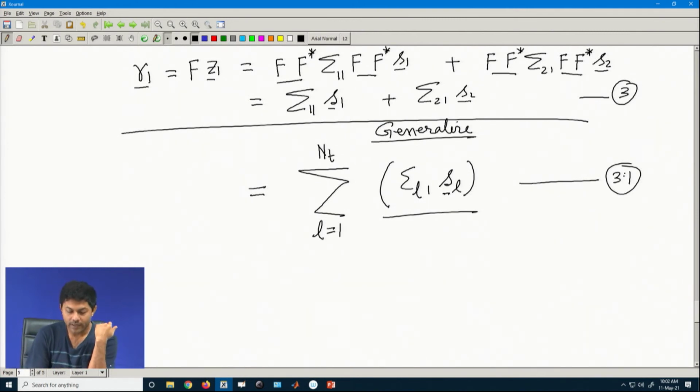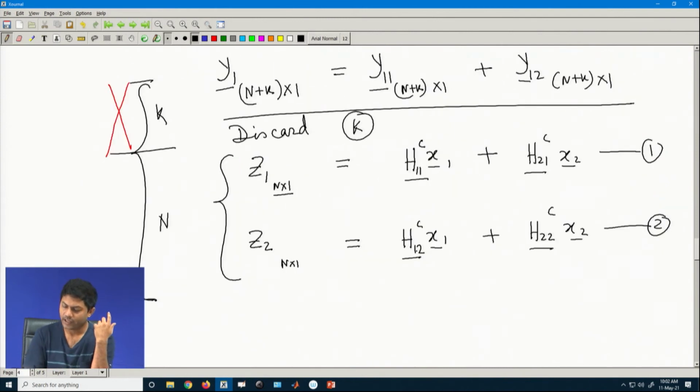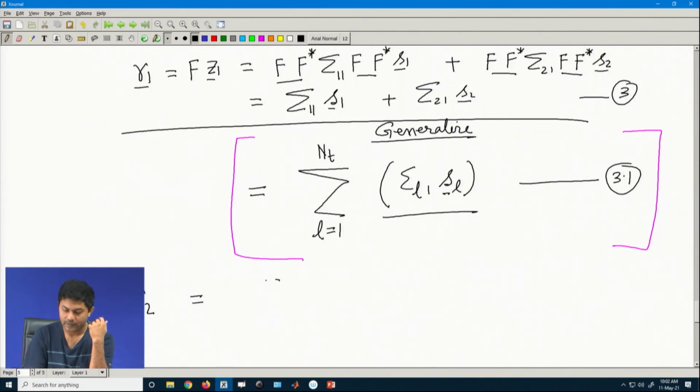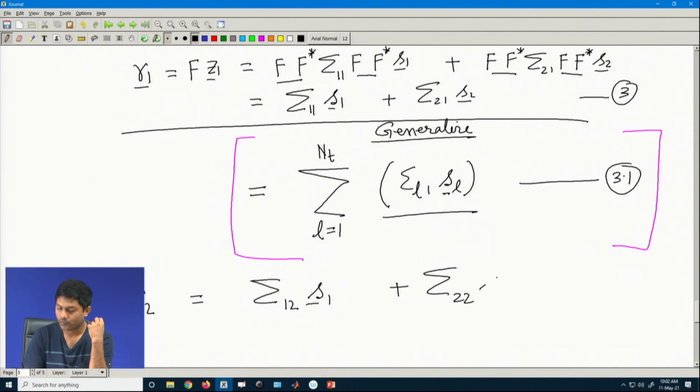Now, similarly, I will have R 2 also, right, in the case R 2 also. Let us take second case as well. Now, this is a special case, I would say this is a general case, 3 is the special case of a general. So, I just put it in a bracket, and for the R 2 vector I just make an extension H 1 to H 2 2. So, what will happen? Sigma H 1 to S 1 vector plus sigma 2 to S 2 vector. Okay. Now, this is precisely what happens when you go for a data. So, let us call it equation number 4.